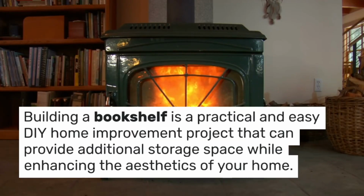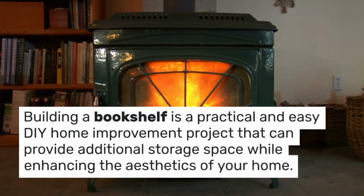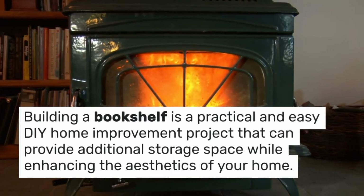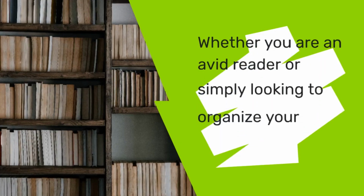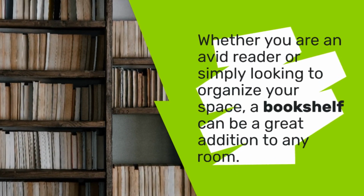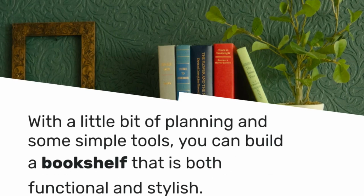Building a bookshelf is a practical and easy DIY home improvement project that can provide additional storage space while enhancing the aesthetics of your home. Whether you are an avid reader or simply looking to organize your space, a bookshelf can be a great addition to any room. With a little bit of planning and some simple tools, you can build a bookshelf that is both functional and